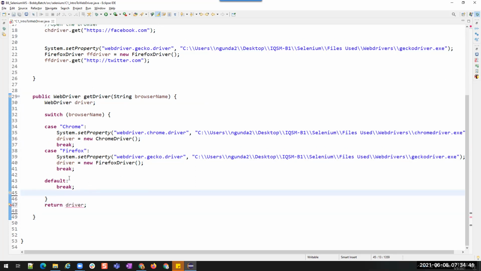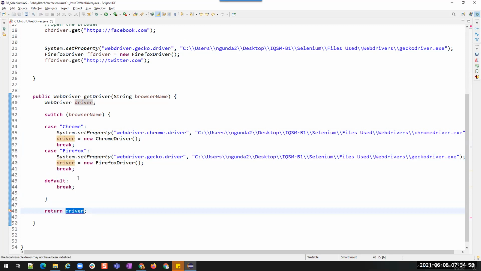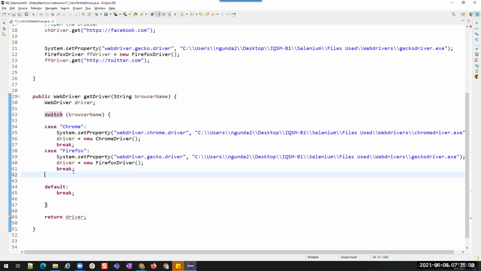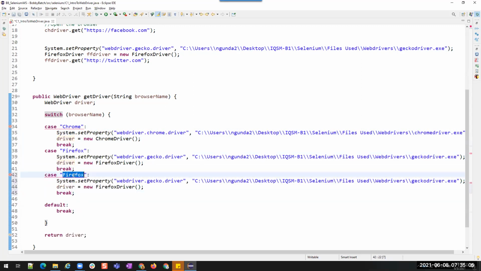Now, this is still throwing an error because we are assigning a driver value for Chrome case, for Firefox case, but for default we do not have any driver. We should give some value for the driver in any of the case. So that is the reason it is throwing error. We have Chrome, Firefox. Let us add some more browsers as well. Edge.